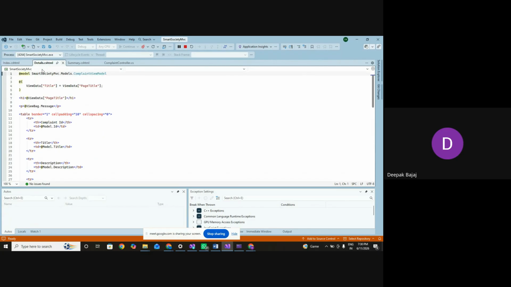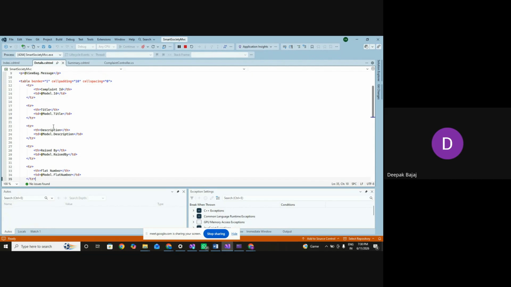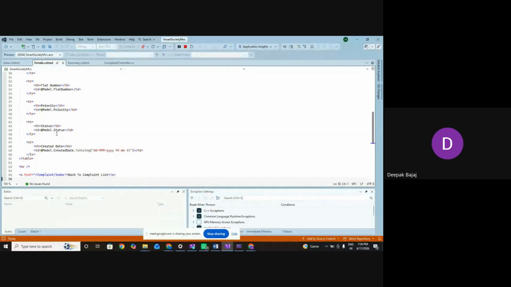Okay, now this is detail, and as you know, we are passing as a model and view data. From view data, we are getting a title, and from view bag, we are getting a message. Am I right? And we are dealing with this from model. This is a way at create model to retrieve the data with the help of dot operator, and we are redirecting back to our index with the help of this. Hope you got your answer,